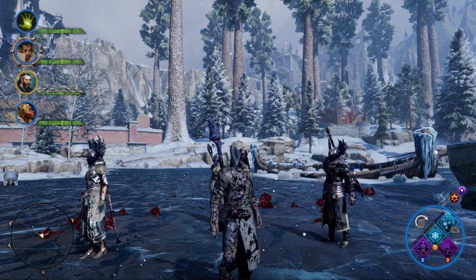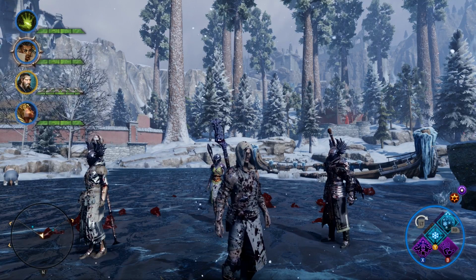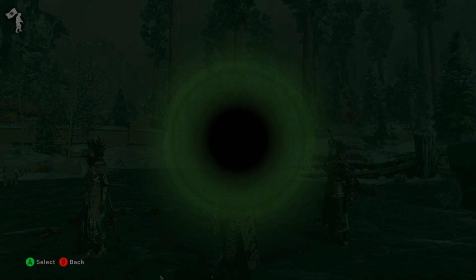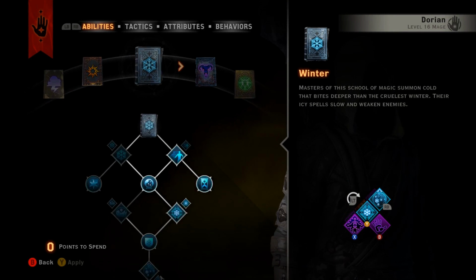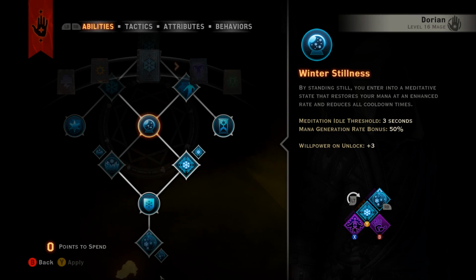It's pretty interesting when you combine things, for example, like Blizzard with the Static Cage, or Blizzard and Pull of the Abyss and stuff like that. It gets quite fun. Let's take a look at the abilities that I've chosen. This is the first time that I've gone down the Winter line this much. Usually I only go as far as the Winter Stillness and then stop from there, but this time I've gone